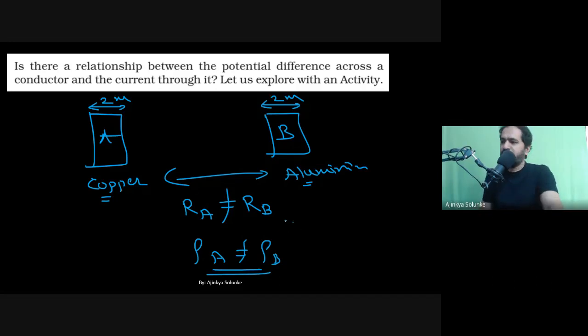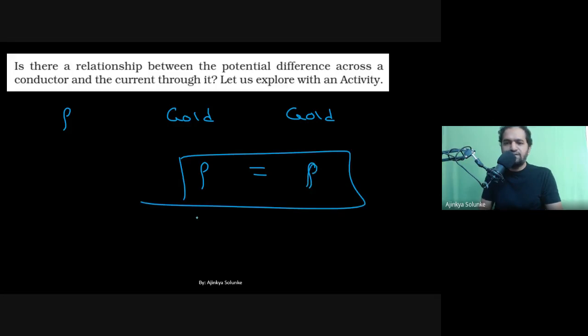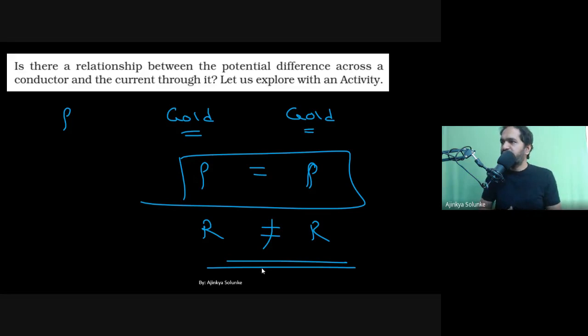Okay, correct. So have you understood that resistivity will not change for a material if the material is the same? Suppose I have a piece of gold, and you have a gold piece. Resistivity will be the same for my material and your material. But resistance might be different because of the length changed. Your length and area might be different, my length and area might be different, so resistance might be different. Are you understanding the difference between the two? When to consider resistivity the same and when to consider resistance the same.